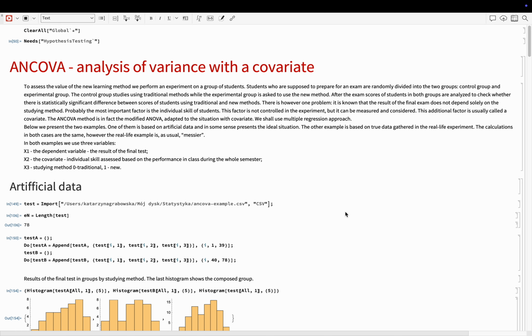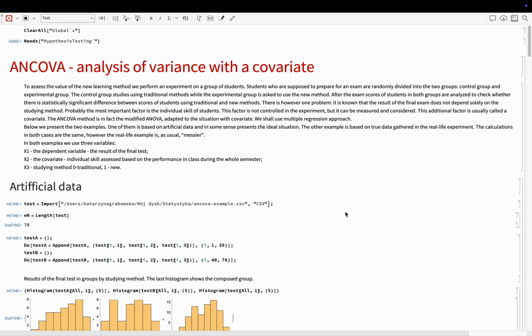The data are chosen in such a way that they fit this method ideally. In real life data, usually things are not that clear. So the second example will be about real life data on the same subject, but as usual, a little bit messier. And the third part will be another example with a more complicated statistical setting. So let us start with presenting ANCOVA